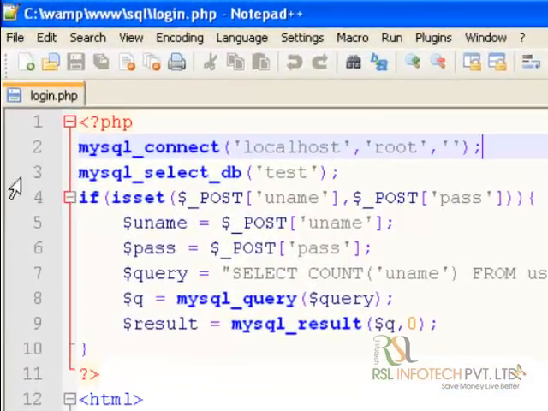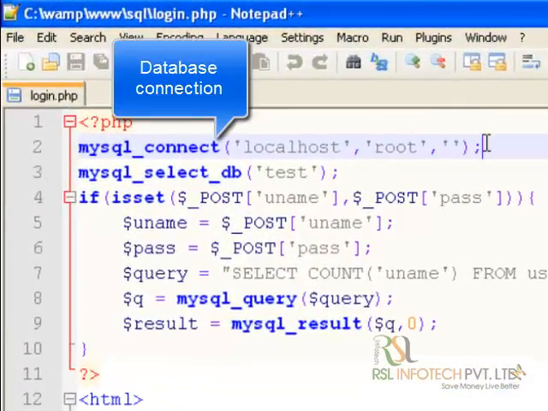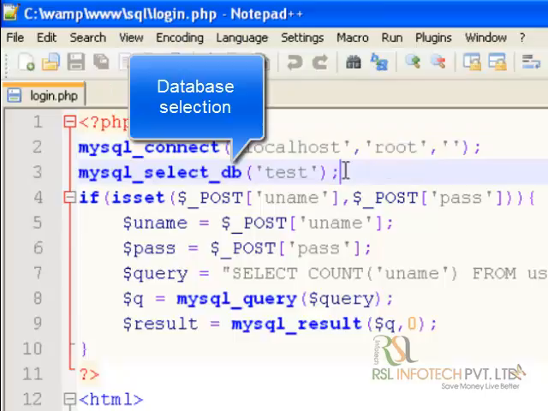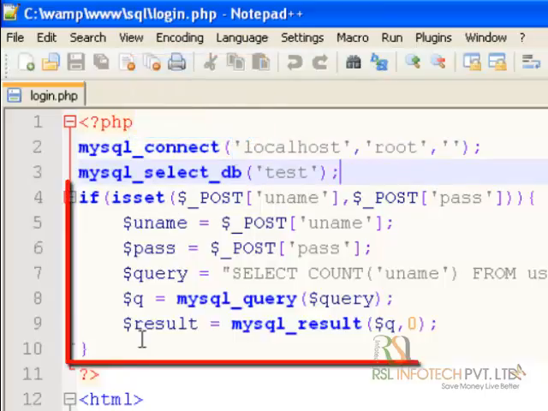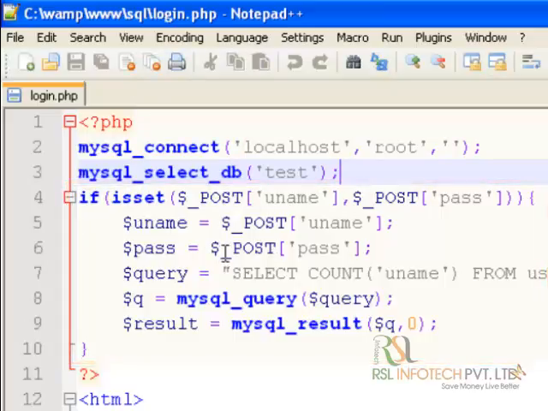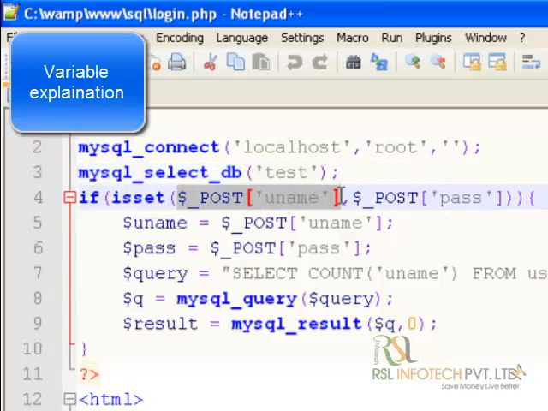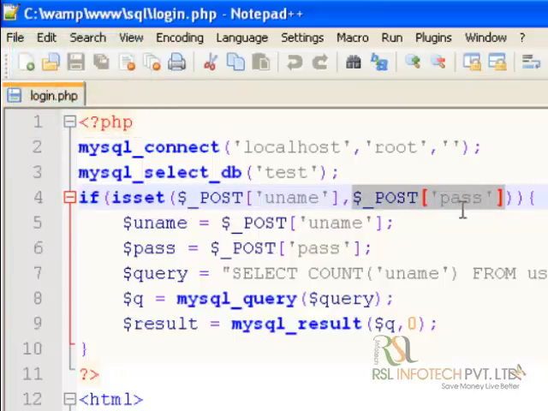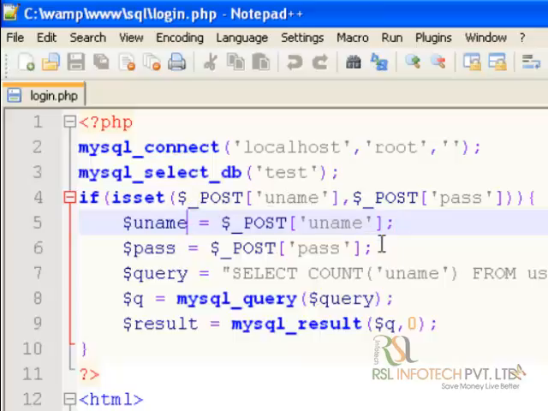So let me tell you, this statement connects to our database. This statement selects the database. Then this part is responsible for checking whether the username and password entered are correct or incorrect. This is our input of username and this is our input of password. We are assigning this value to the uname variable and we are assigning the password value to the pass variable, and this